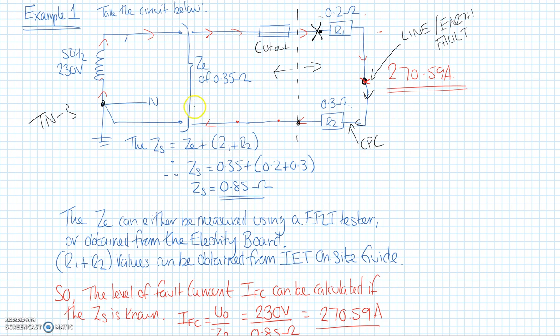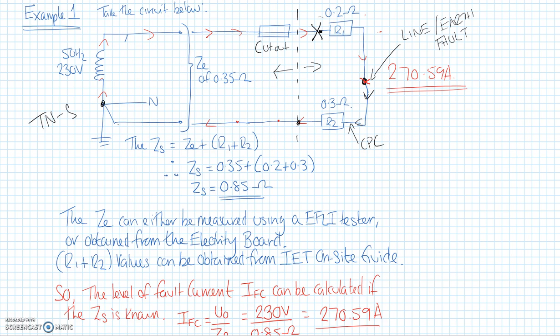ZE is our external earth, and R1, R2 is the final circuit resistance of our conductors from our fuse at the origin all the way back to the furthest point on the circuit where a load possible fault would be. So 0.35 ohms, that's our ZE. We can't change that, that's the electricity board's